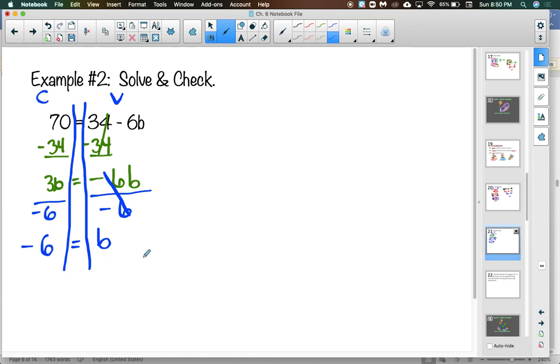I am fairly confident in that answer, but I would feel super confident if I did my check. So take your equation, substitute negative 6 in place of b. So that's 34 minus 6 times negative 6 in parentheses. Don't forget those parentheses come in super handy here, guys. Now, multiplication comes before subtraction. So I'm going to treat this as a negative 6, and I'm going to say